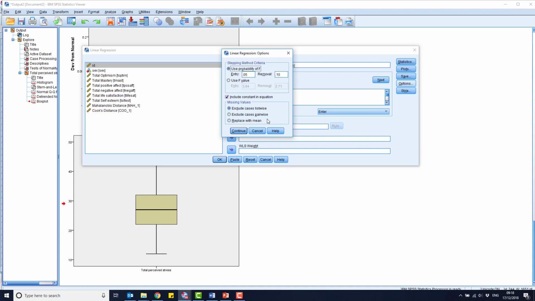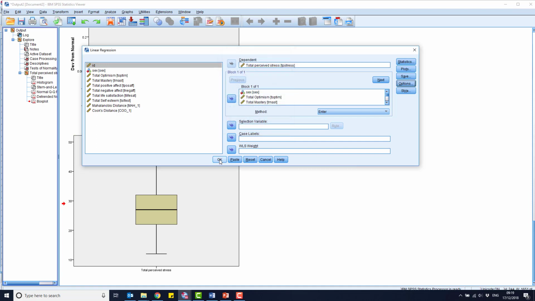There is something called replace with the mean. It's arguably not a good thing to do. If you want to learn more about that, if you search for things like imputation and regression, missing data, then you'll come up with a whole range of literature that talks about the impact of using mean replacement. Okay, so I'll click continue, and then I'll click OK,